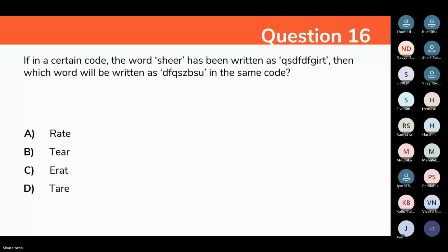Vijay, guys, Vijay, Ruchita, and Balaji posted it as option C, and some are posting it as option D. But whoever is thinking about option C, can you think it twice again? Almost the majority of the people posting option C think it is correct, but option C is wrong. Okay, can you try it again? You will understand the logic clearly. Try it once.